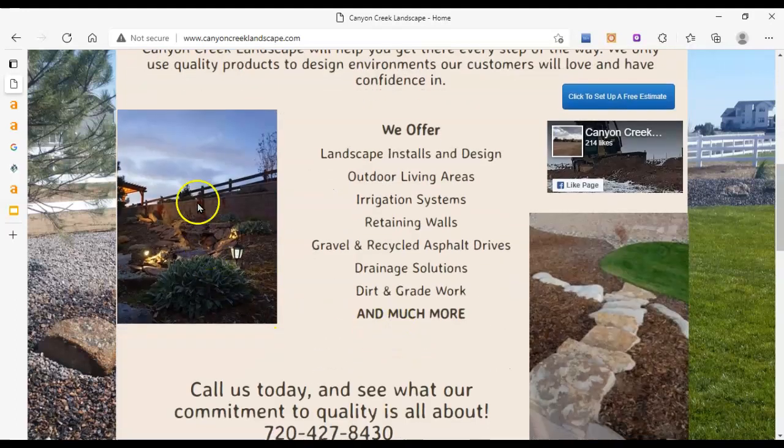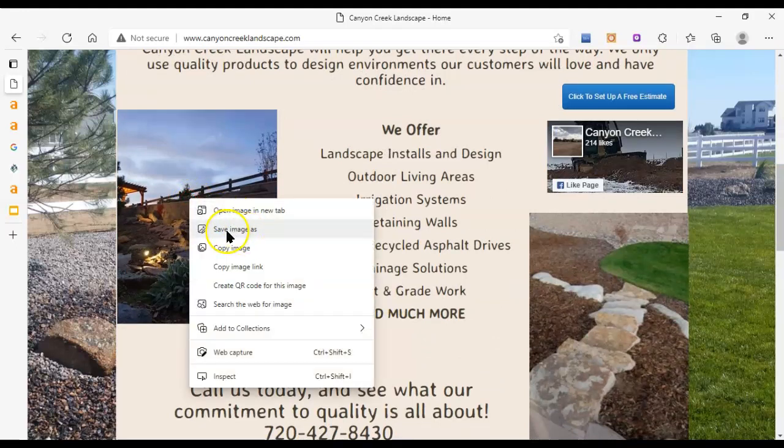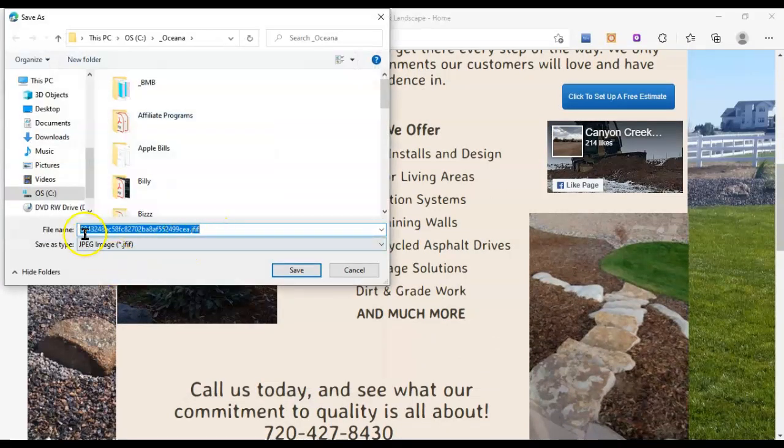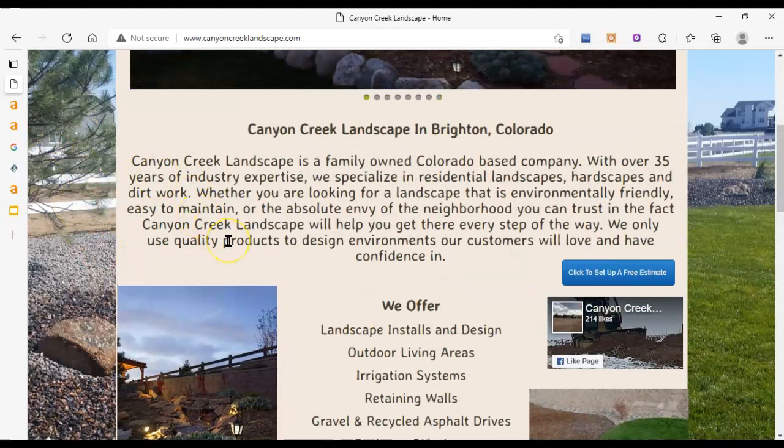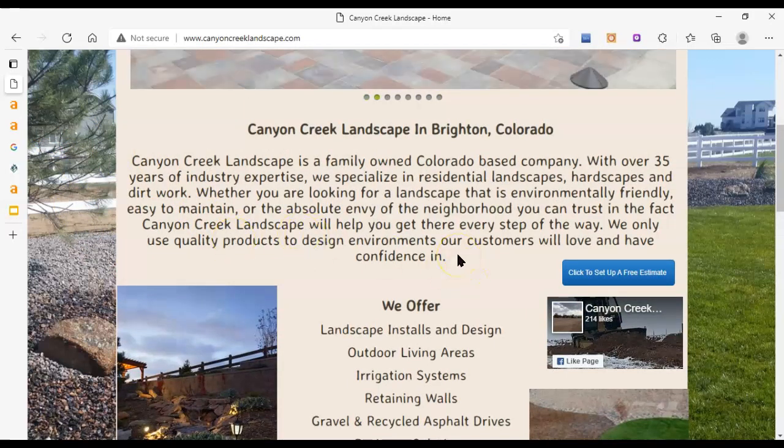And then if I right-click on an image, I can click Save Image As, and I can see that this image was saved as this string of numbers and letters. That's not really helping you. So what you want to do is actually resave all of these images as key phrases that people will be typing into Google to find you guys when they're looking for your services and they're in your service area. Not key phrases that people would type if they already know who you are, but more like ones that they would type if they don't know who they're going with yet, but they know what they need and they're in your area. So, I'll show you how to find those, and I'll give you a few examples in a moment,